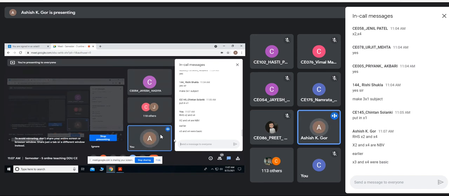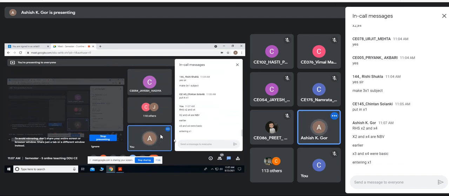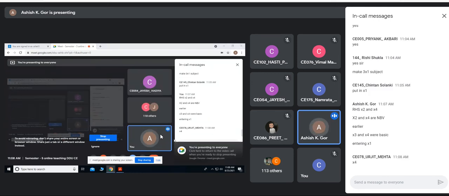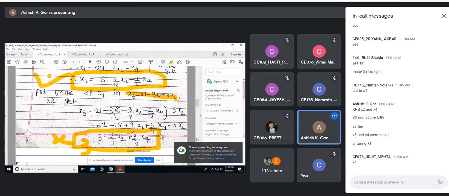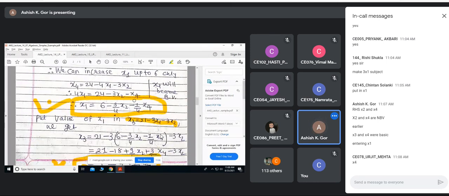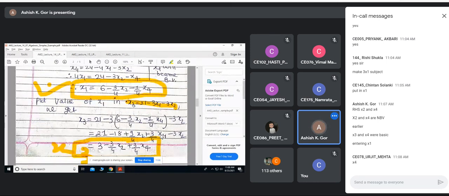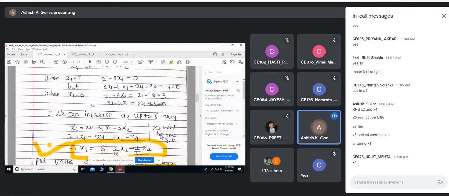In the second step, I found that x1 should come into the solution. So something should come into the solution, that is called the entering variable. So I want to enter x1. To enter x1, I have to leave something from the solution. So which variable do you think I left? x4? Very correct. I entered the new variable x1, and I left x4.